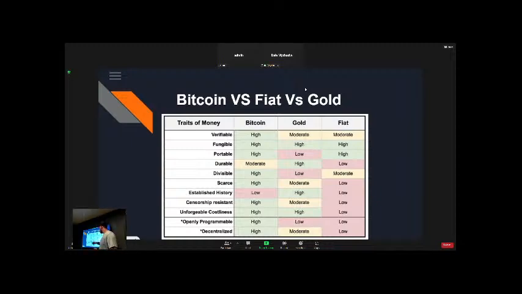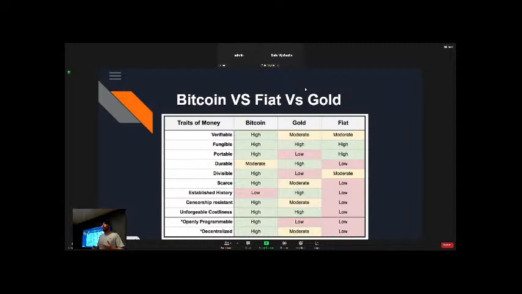Portable, Bitcoin is also high. And then again, we look at gold. We got moderate, right? With gold, you have to have testing kits, stuff like that. It takes a lot more effort to verify. It's not just putting in an address, you have to do certain things to verify gold. Same thing with fiat, there's all kinds of security protocols built into it, but it can still be faked. So they're all fungible. 1 ounce of gold is 1 ounce of gold. $1 is $1. I would argue that between nations' currencies, it's obviously not fungible, but generally speaking, $1 is $1.